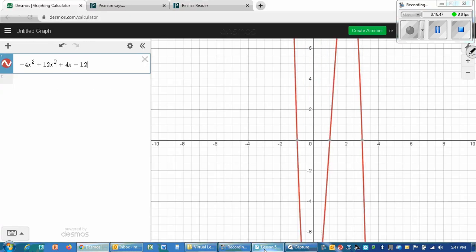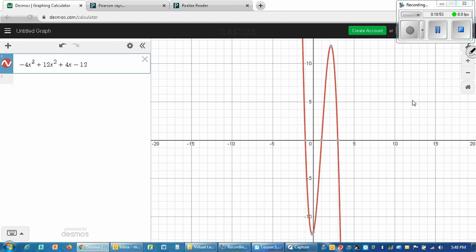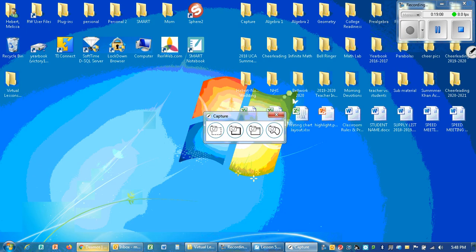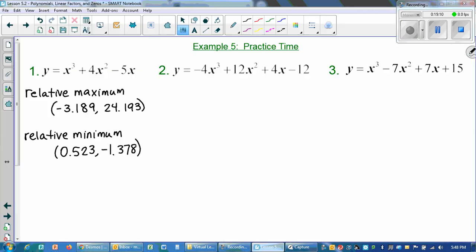minus 12. So this graph is not showing all my high points or low points, so I use the zoom out button and zoom out. Now I can see my low and my high, so my relative maximum and my relative minimum. So I have my two values. My relative maximum is at 2.155. Oops, did it again. Sorry, guys. Relative maximum